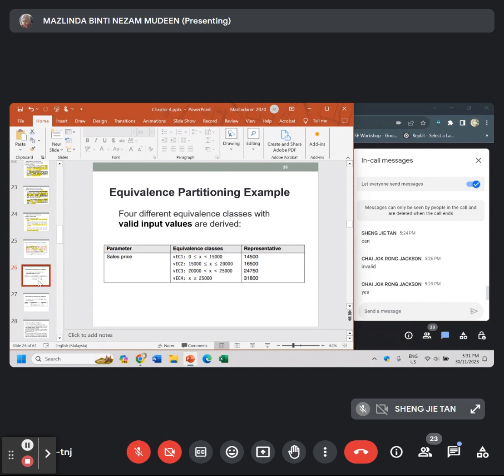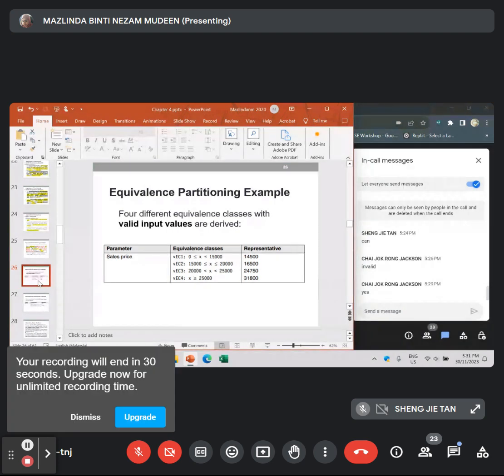This is more for requirements using digits, I mean values in numbers, where we can see this is the range, this is the minimum, this is the maximum. If your functionality does not use values like that, then it will be difficult for you to use this partitioning technique. So you need to use the other side, which is the logic-based technique. Do you get what I'm saying? Some functionality